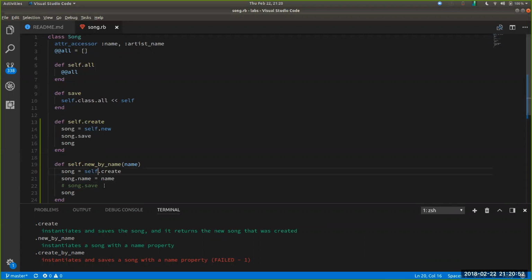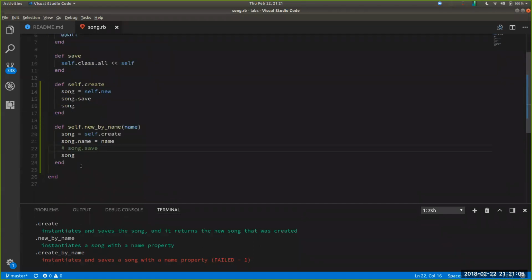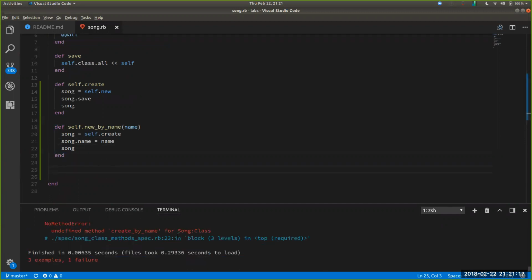Save. Yeah, because this is class level. Cool. I made that simpler. Let's get rid of that. So next,